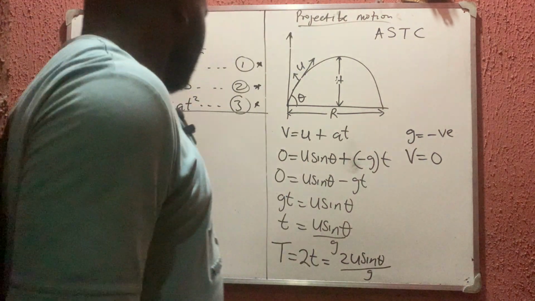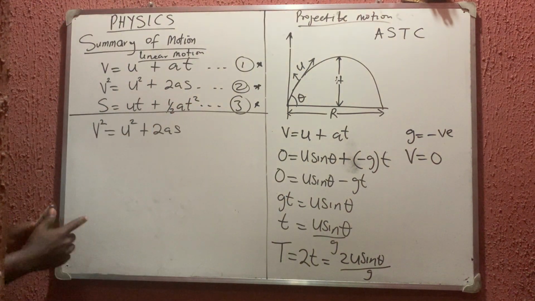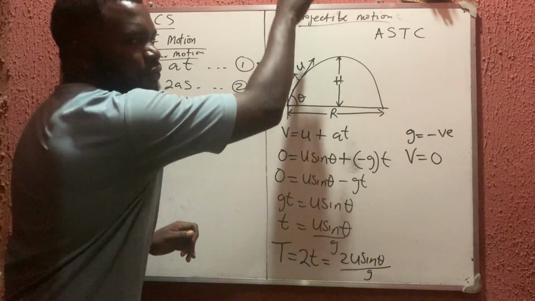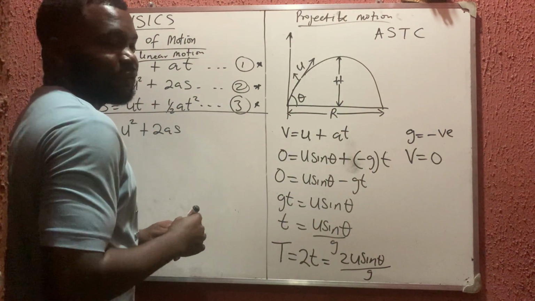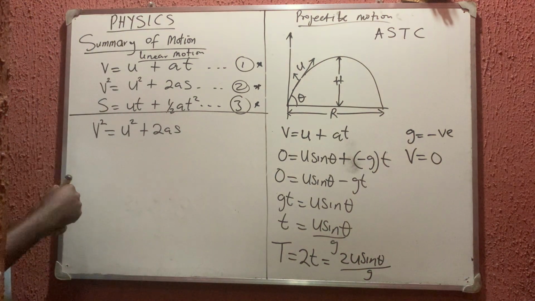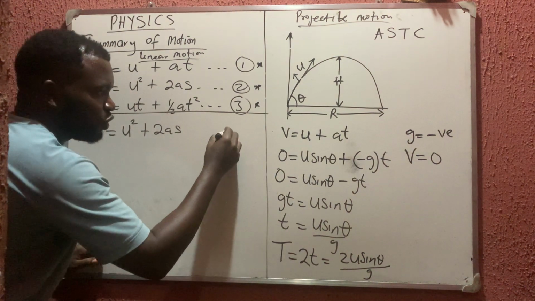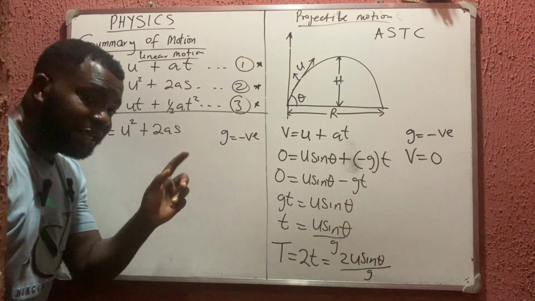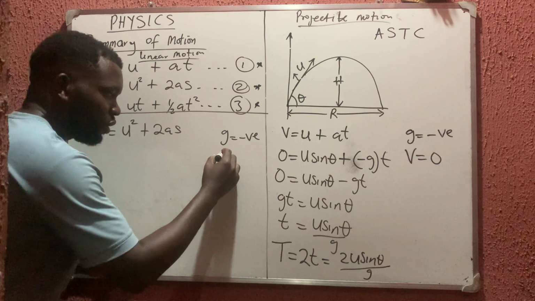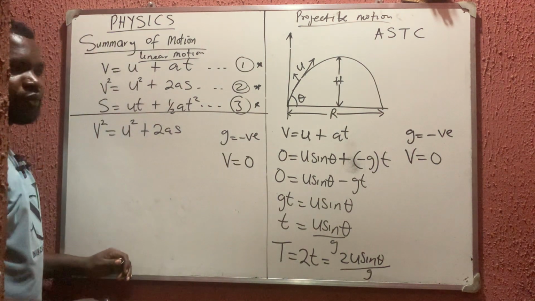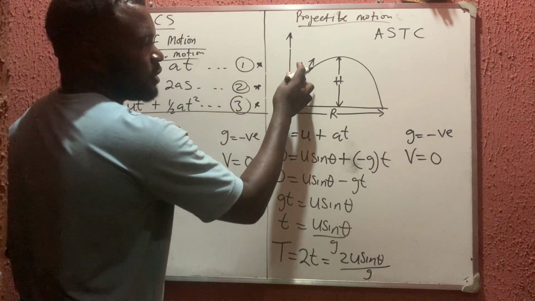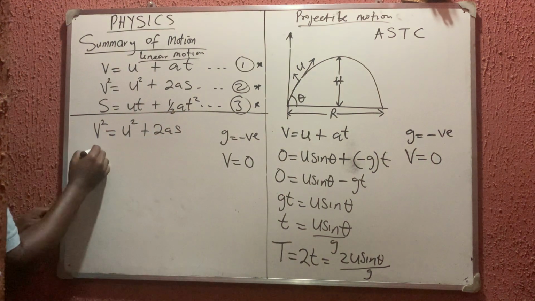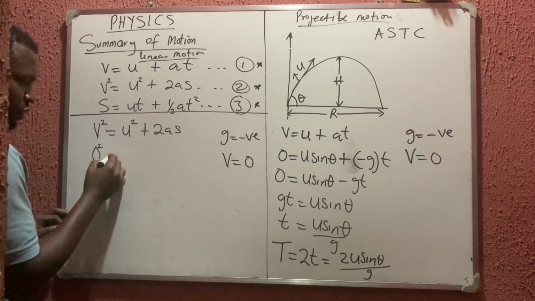Now, don't forget that at maximum height, we are still talking about vertical projection. And if it is thrown vertically upward, your g will be negative. And if g is negative, it is called deceleration. And if it is deceleration, your final velocity must be 0. And your initial velocity is this velocity. And don't forget that we are still resolving it vertically. So 0 squared, because it is deceleration, is equal to